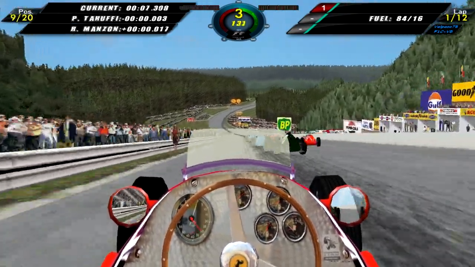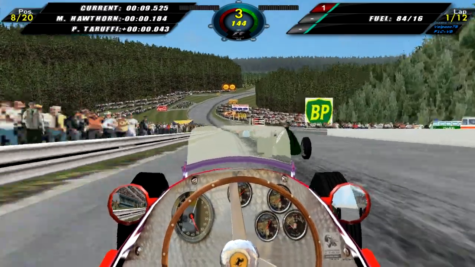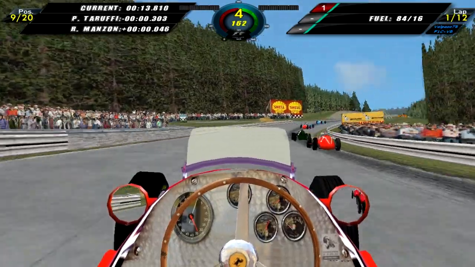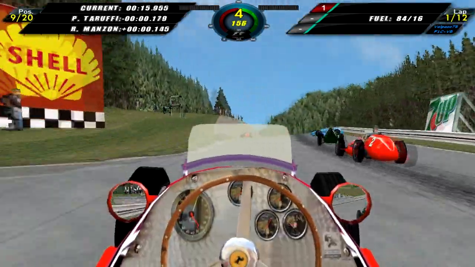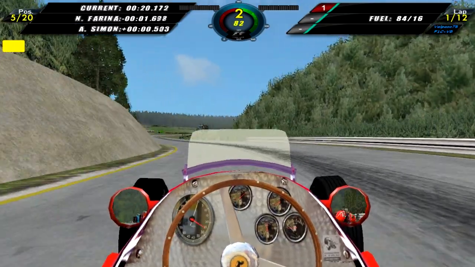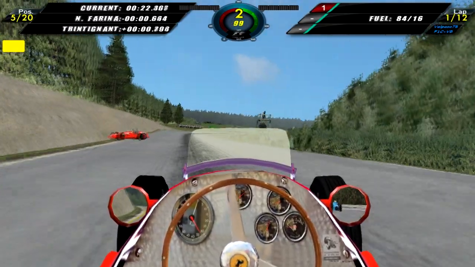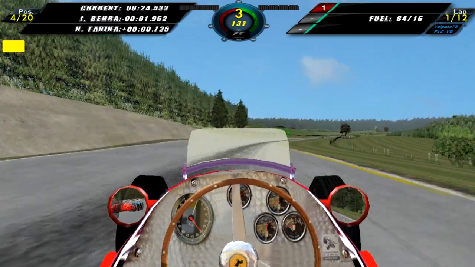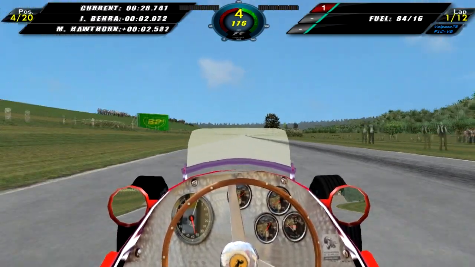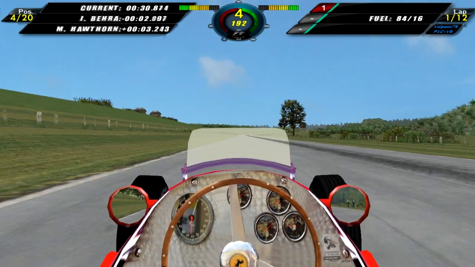I lose quite a few positions here. We are now in 8th at the moment, right behind Hawthorne, and Piero Taruffi gets in front of us, and there are cars all over the track as we come through Eau Rouge, and we move into 5th already. There's another car, that's Nino Farina, and we move up into 4th. So that was quite a scary start for the Belgian Grand Prix, but